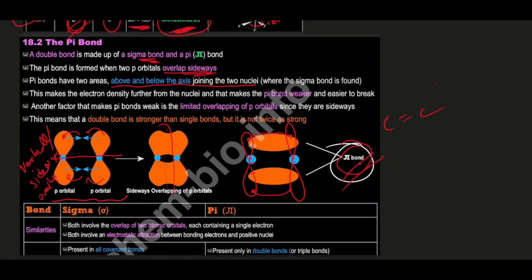This is also a covalent bond, but it's a pi bond. But always remember, there is one problem here. The problem here is that a pi bond is weaker than a sigma bond. Why? Do you know? Because pi bonds are weaker because of the limited overlapping of p orbitals, since they are